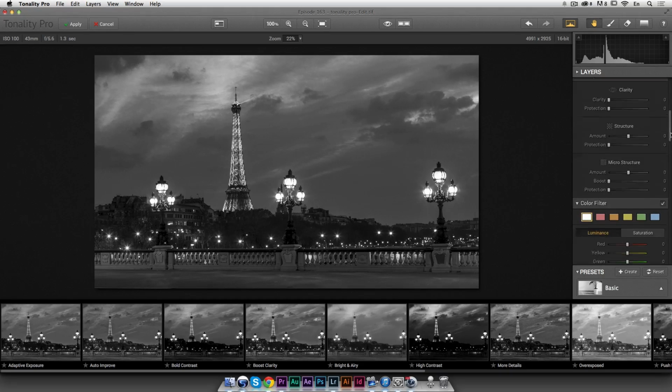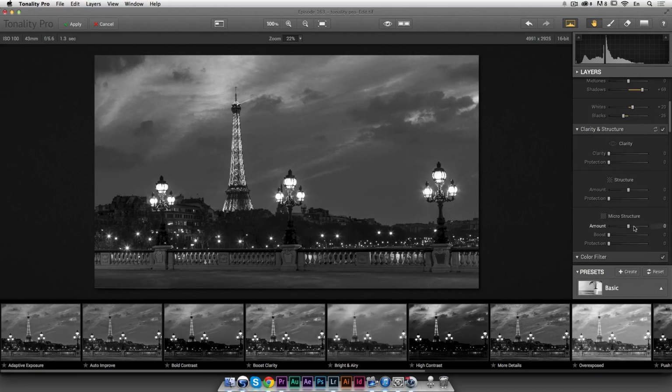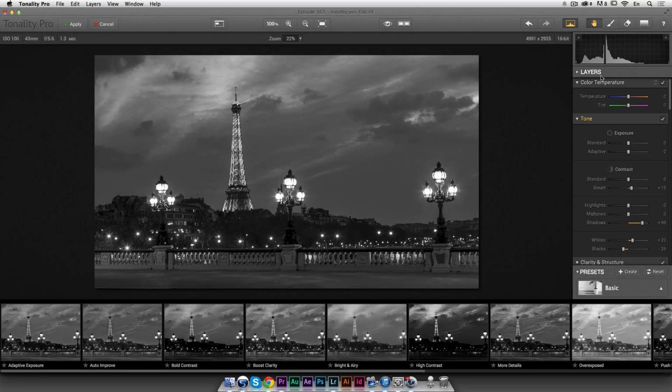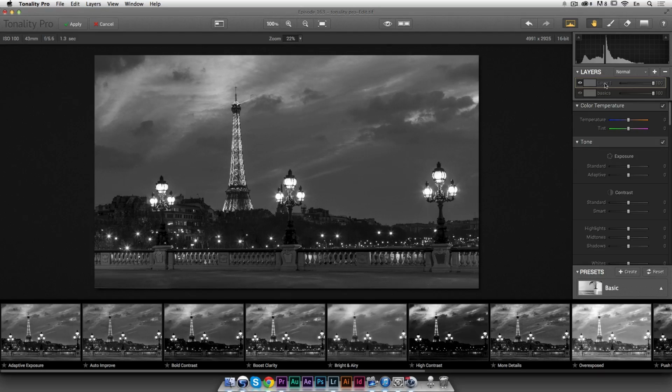Okay, and I'm just doing general settings, like clarity and structure and microstructure, which are very powerful. I'm not going to use them as an overall thing. So I'm in layers, and this layer 01, I'm going to call it basics, okay? And now I'm going to create a new layer, and this one I'm going to call